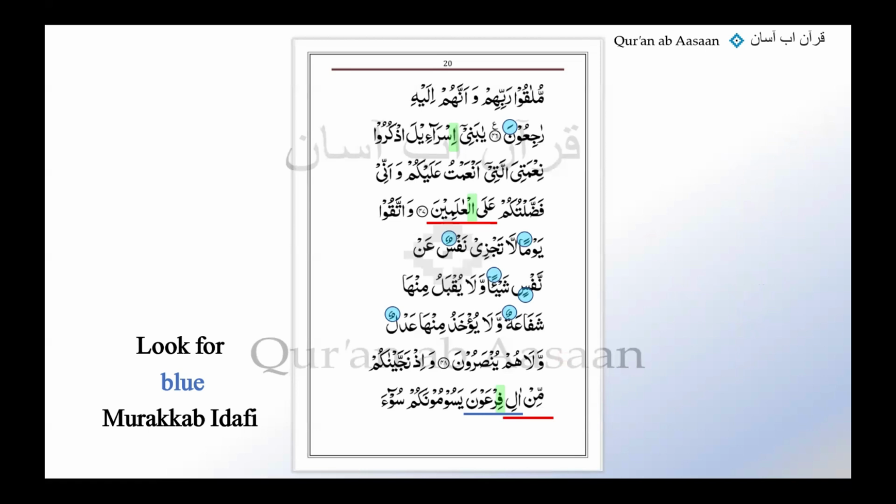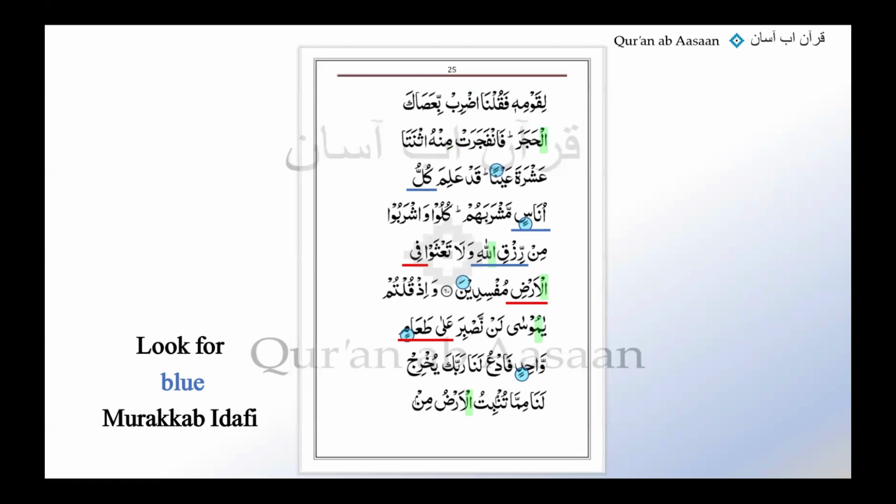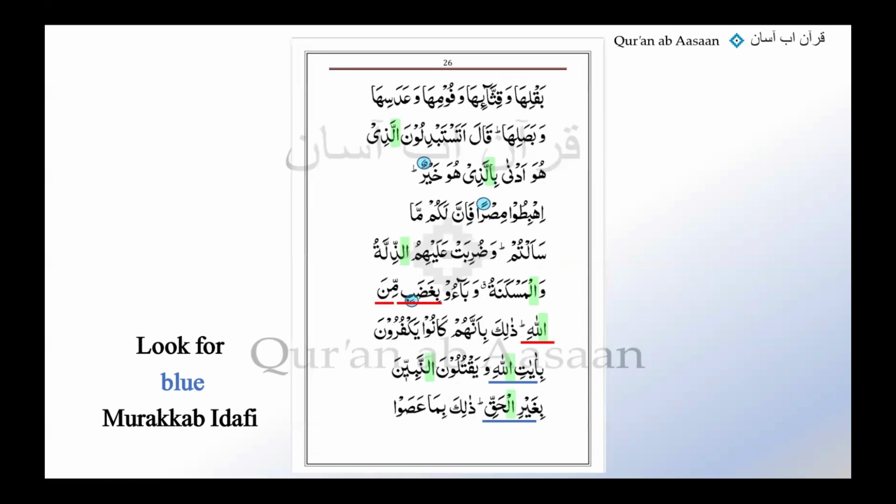Alrighty. Let's have a look now at this page 25. What are the colored nouns? What are the colored murakkab idafis that we can see? Oh, rizqillahi here. Yes. Okay, and rizqi is in jar. And look back, we see a harf jar min. So min rizqi together are making murakkab jari. Excellent, excellent. Good job. We are going to look at page number 26 now, quickly.